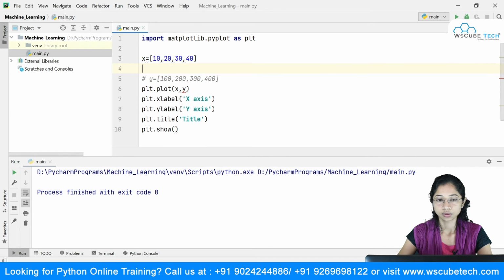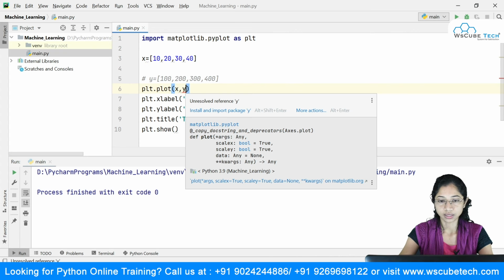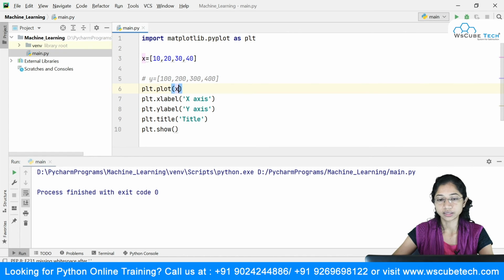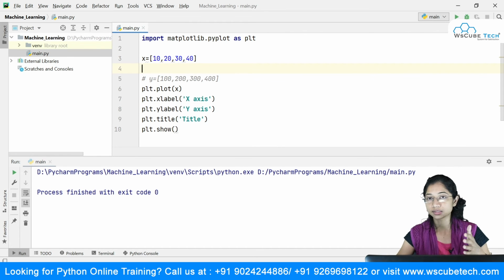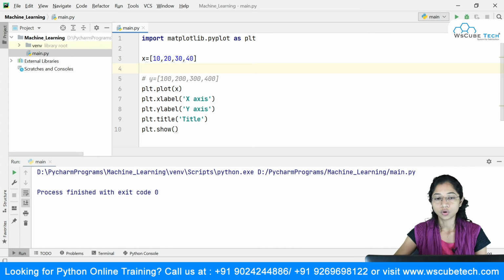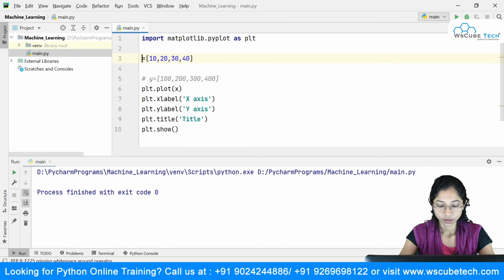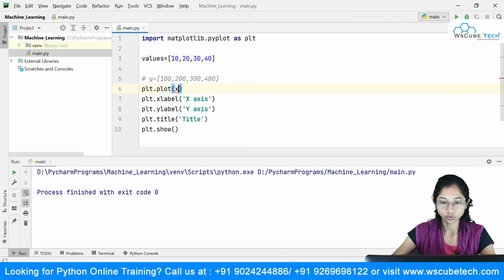I will remove this as well, because I've just commented it. What I want to tell you is that if you pass just one set of values here, this particular set will be applied to the y-axis, and over the x-axis it will take the default values starting from 0, so 0, 1, 2, 3 likewise. I will just call this values, so that I don't confuse you guys.